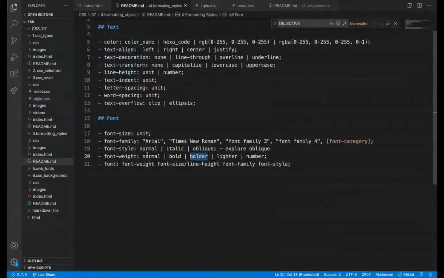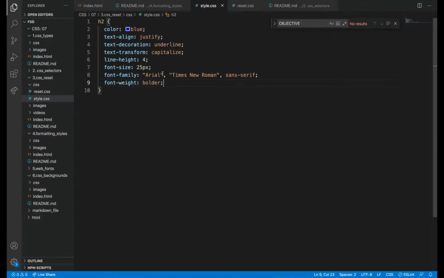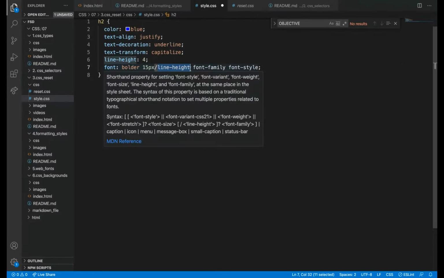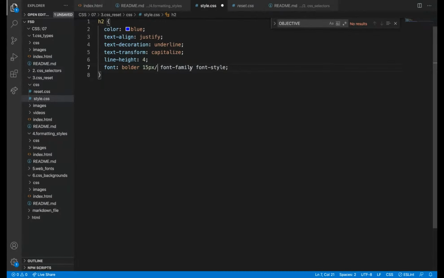So instead of writing this, we can write font 400 space 12 pixel space. I'll copy this and then I'll add it there. Instead of writing all this, I can just add, and then I can say bolder. Font size is 15 pixel. Line height is 2.5, or else I can say 30 pixel.